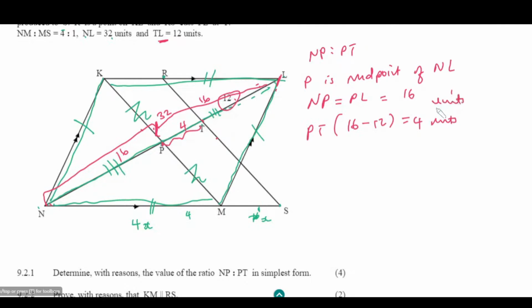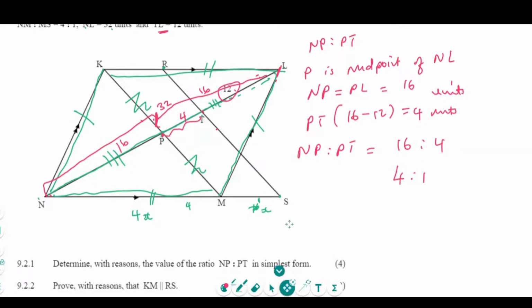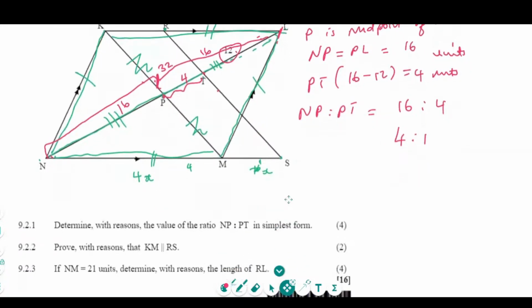Okay. Then they want the ratio. So NP is to PT is going to be the same as 16 is to 4. You simplify this, it's going to be 4 is to 1. Okay, that is 9.2.1. The 9.2.2: prove with reasons that KM is parallel